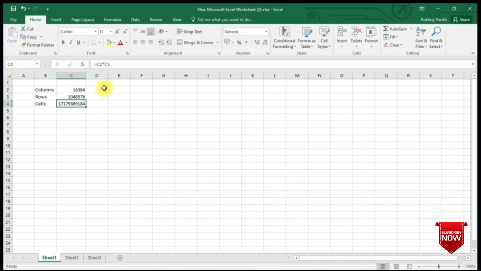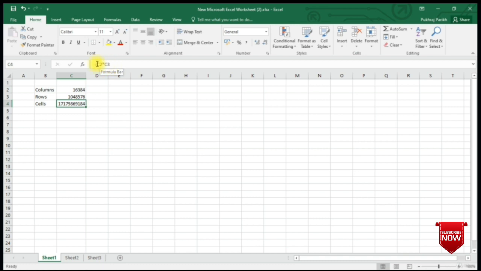Now you can see that this cell has the value of the number of cells, but you can also see the formula that you entered in this bar. This bar is called the formula bar. The formula bar shows the content of the active cell. Active cell can have both data or a formula in it. If it has data, the data will be shown in the formula bar. If it has a formula, the answer of the formula will be shown in the cell. However, the actual formula will be shown in the formula bar.